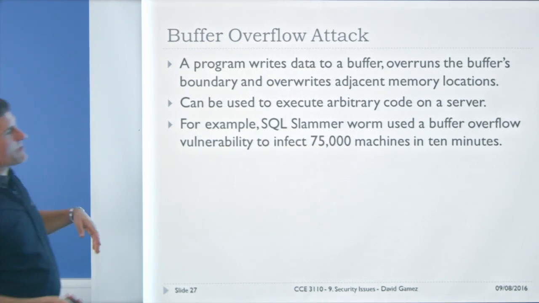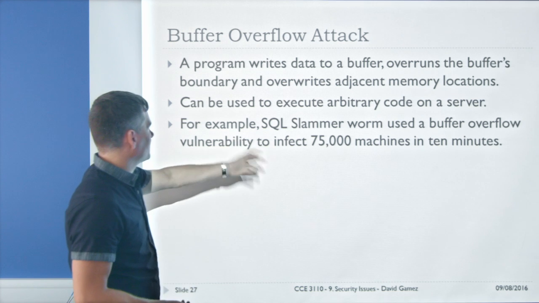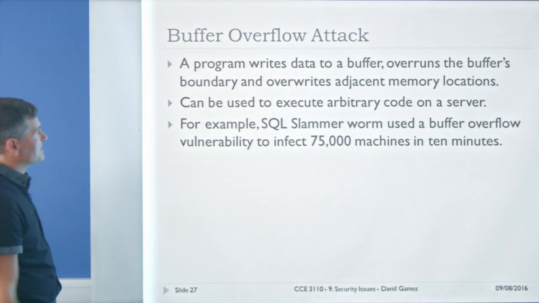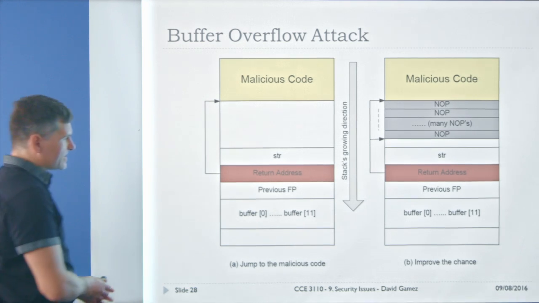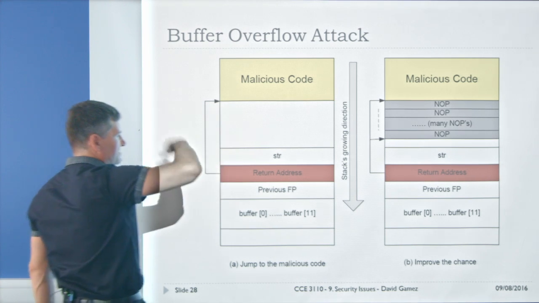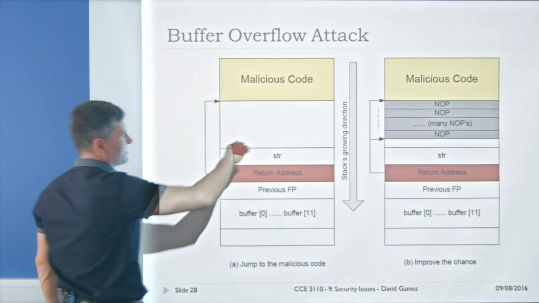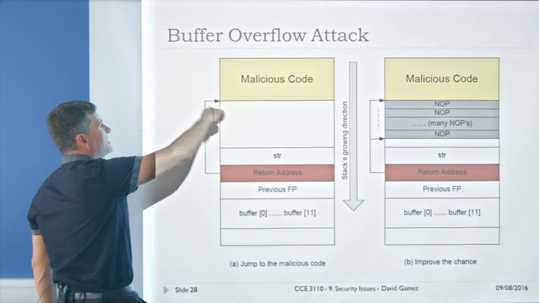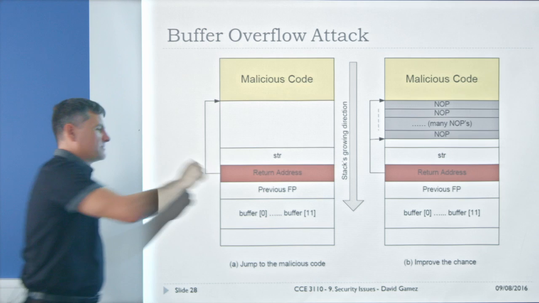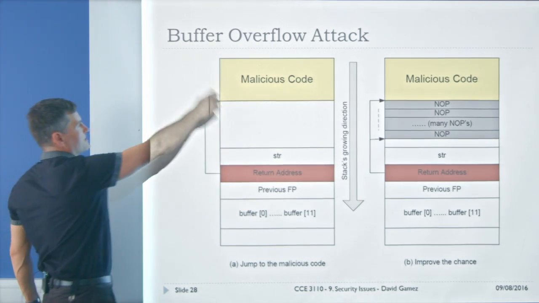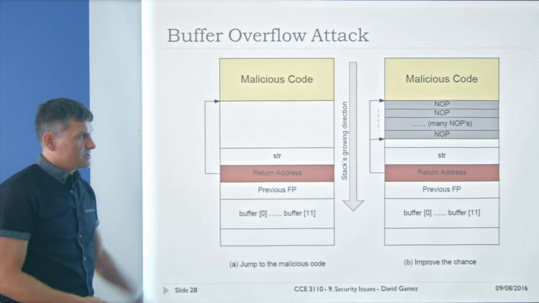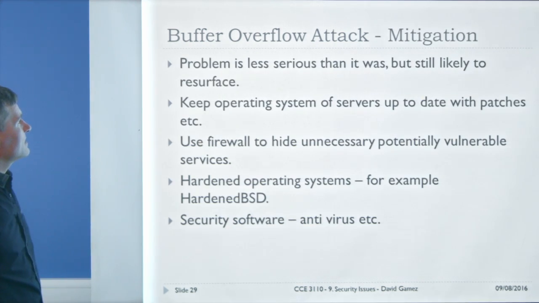So there's this SQL Slammer worm, which used a buffer overflow vulnerability to infect 75,000 machines in 10 minutes. So when it works, it works brilliantly. That's the idea. So what it's doing is, the string libraries, instead of just writing a limited amount of things into memory, write something much longer into memory, include the malicious code, and also include a little jump command that instructs the computer to jump to the start of the malicious code and begin executing it. So I'm not going to go into each detail, but there's something to be aware of.